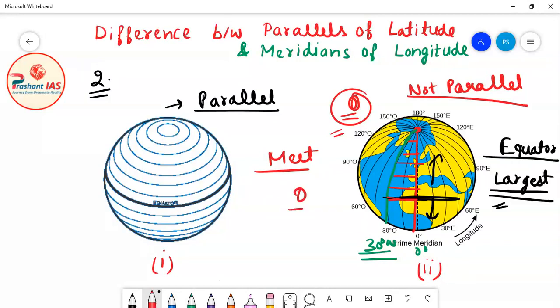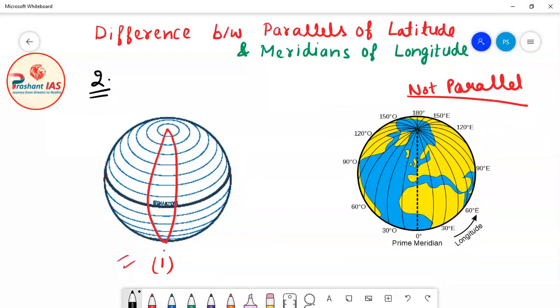Even if you are not getting this concept, I will draw this in diagram number 1, then you will get this concept more clearly. Now friends, please see diagram number 1. Let's suppose this is the 15 degree east meridian of longitude, and this is the 15 degree west meridian of longitude, and in between them there is the prime meridian. So these are two meridians of longitude.